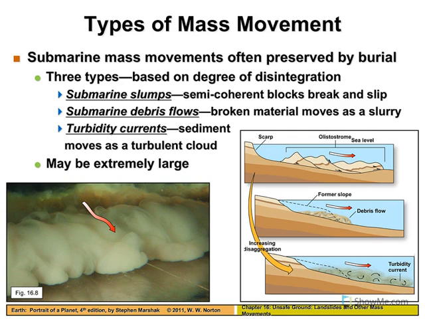The submarine slumps are basically the same thing as subaerial slumps, but it just occurs underwater. So here you can see the same thing. We've got our scarp head, toe of the slump, and the materials falling down in these big coherent blocks. So you can easily get the same thing. If we have sediment that doesn't quite stick together in those nice coherent blocks, however, we can get a debris flow